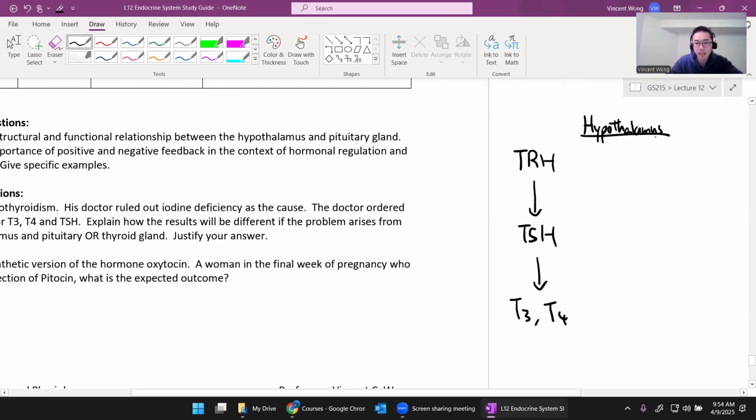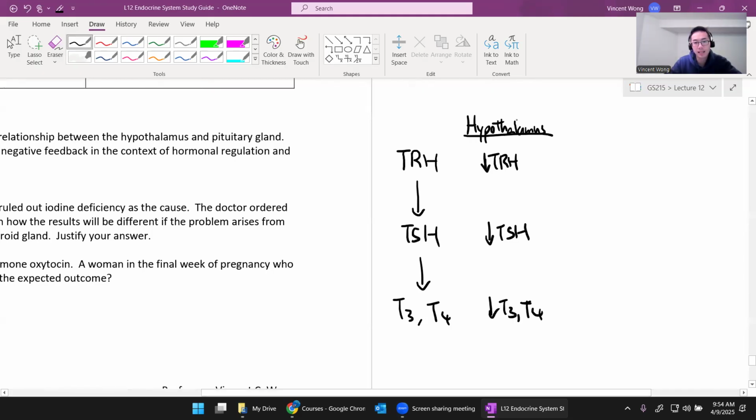In other words, you cannot make TRH. That's what the question is implying, right? So if you cannot make TRH, you will have low TRH. Following low TRH, you would have low TSH. And following low TSH, you would have low T3, T4. That's the expected result if the problem arises from